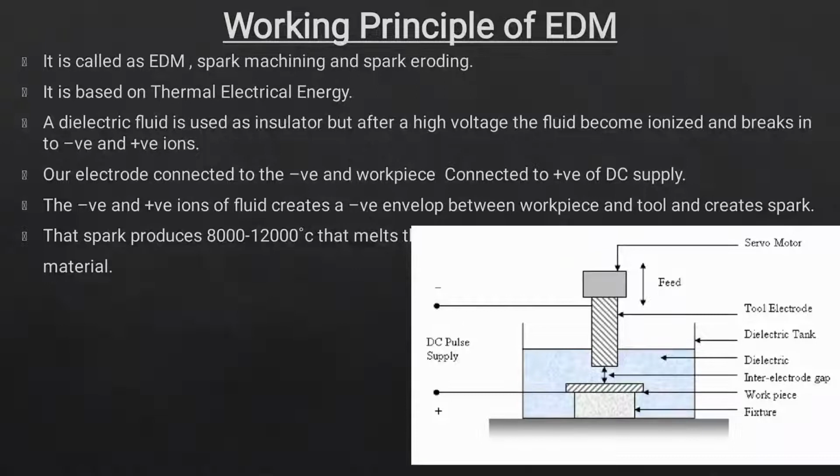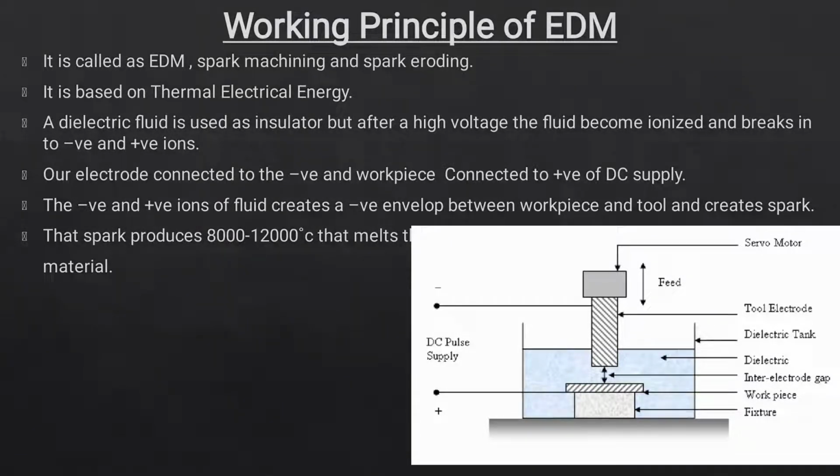And we know that in a DC supply the negative end or cathode end connects to the electrode, and the positive end or anode end connects to the workpiece. And we know that opposite charges attract each other. And now the dielectric fluid. A dielectric fluid, initially used as an insulator, after a certain high voltage becomes ionized and breaks into positive and negative ions,